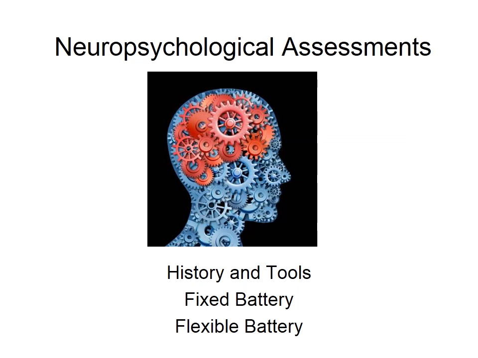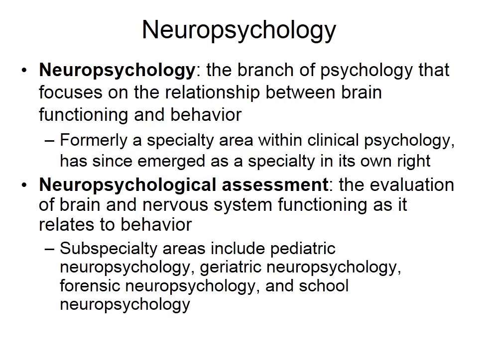neuropsychological damage or lack of ability or impairment. And the neurology of it is specifically the physical structures of the nervous system and the brain. So neuropsychology is the branch of psychology that focuses on the relationship between brain function and behavior. So it's the study of the physical structure of the brain and the neurological systems of the body, and then that impact on behavior, which can include attitudes and personality.